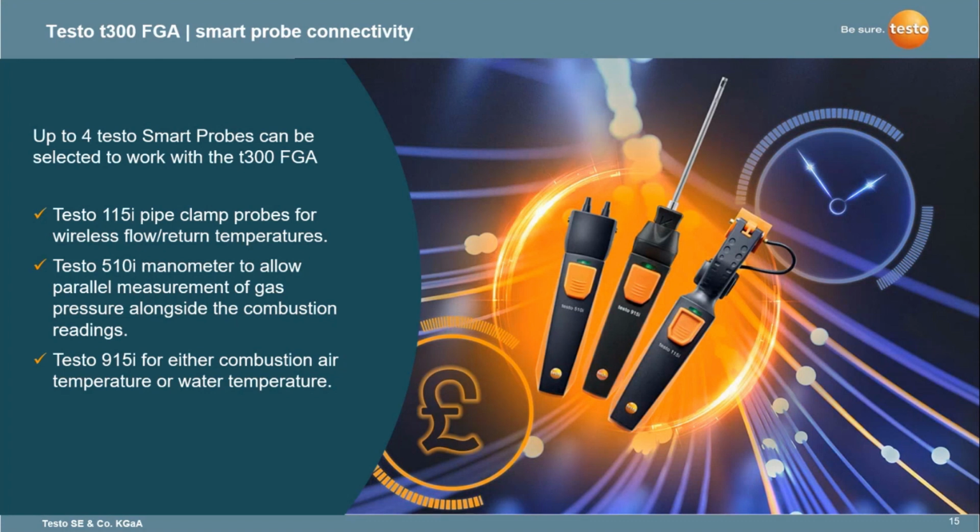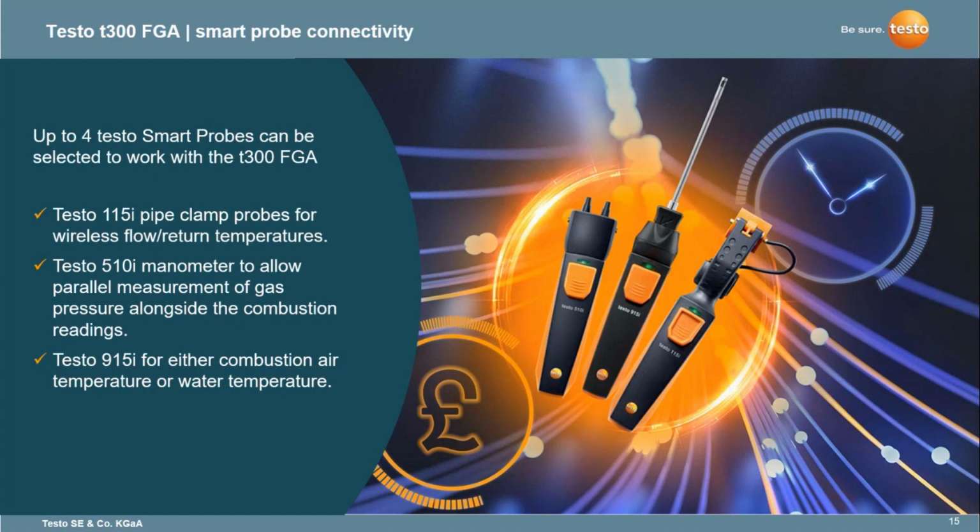The other product that can be connected to it now is the Testo 510i, which is our Bluetooth differential pressure manometer. And the advantage of having this connected is it now allows us to do parallel measurement of both the combustion values and also gas pressure readings. And finally, the other product that can now talk to it is the Testo 915i, and this will be typically used either for water temperature, or we see in Germany they're actually using this also for measuring things like the combustion air temperature. But effectively, up to 4 smart probes can work with the 300,